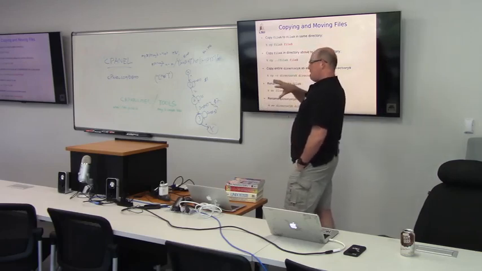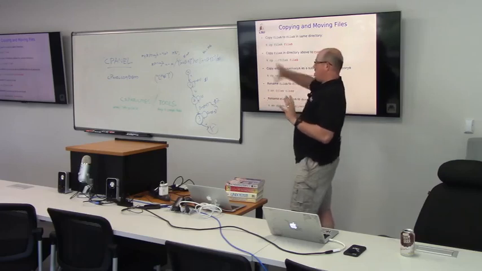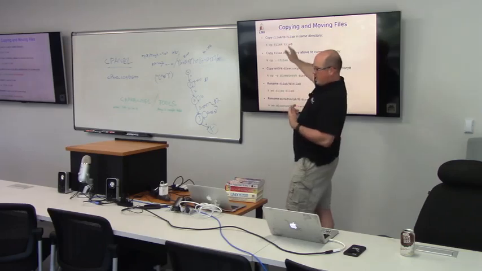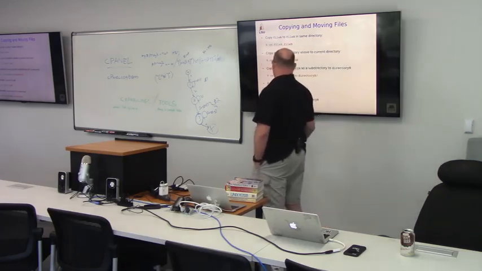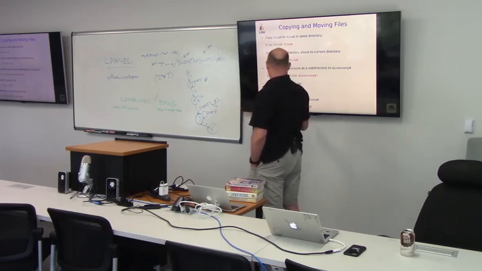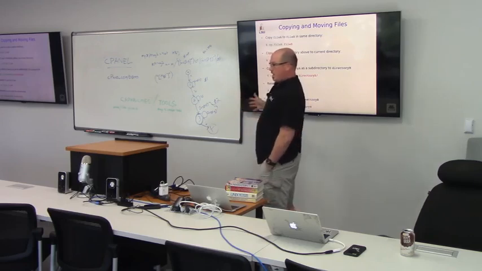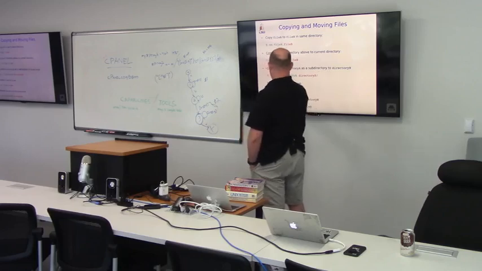Now, if you were moving something across file system boundaries, like say you wanted to move file A to another directory that is actually on another physical disk, it's going to have to do a copy, and that is not atomic because it takes time. So that's just something interesting to note about mv. If you're on the same disk or same partition, it'll happen instantaneously. Otherwise, it's like a copy and delete, really.